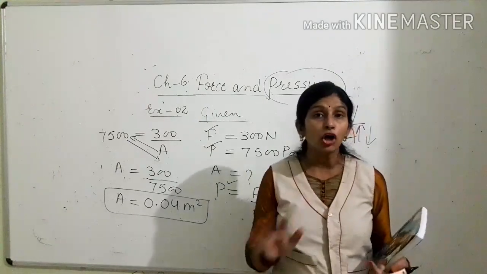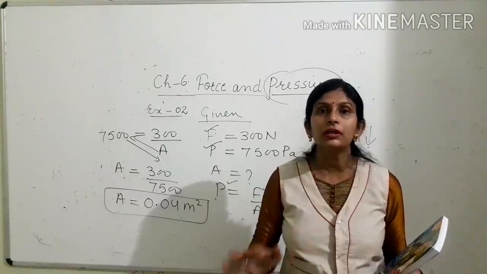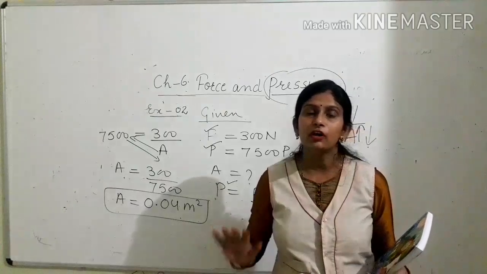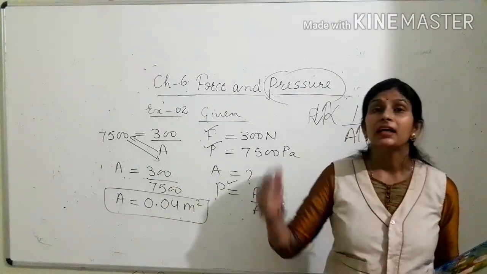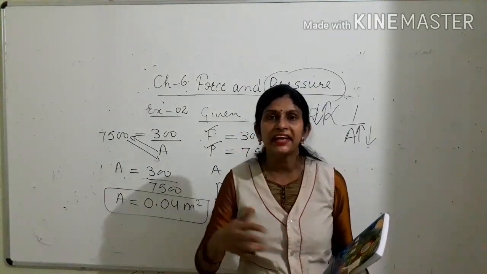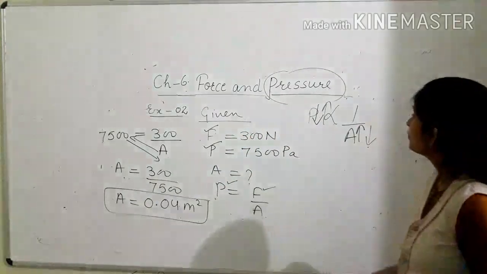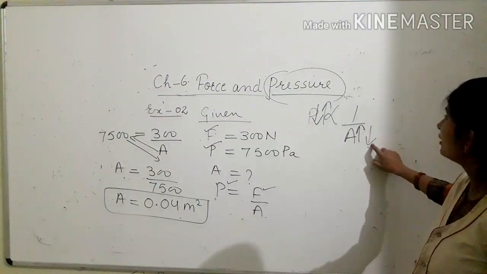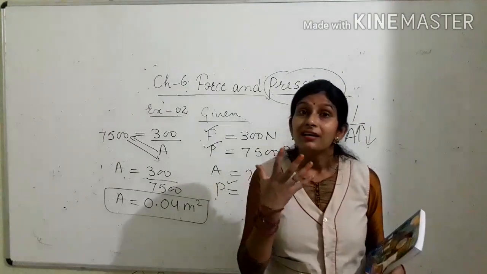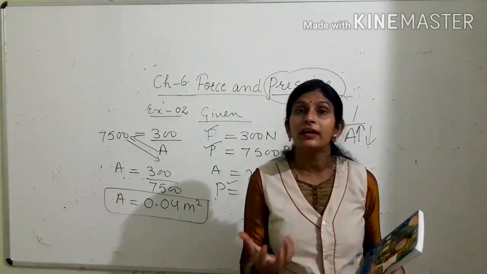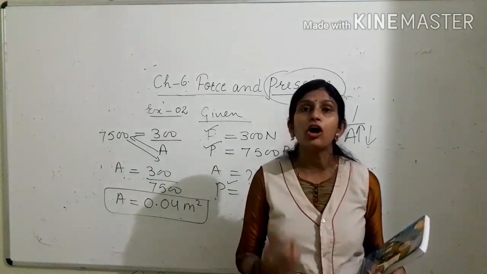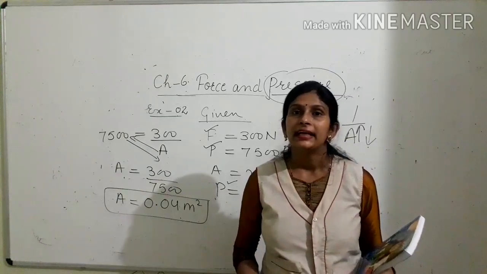So tires will not be damaged, will not be ruptured, will not burst, and so the roads will not be damaged. But if we make that truck with 4 tires, then the area will be reduced. So force is applied on less area, which increases pressure. So a high pressure is created on tires, which tires as well as the road cannot withstand, cannot tolerate, and they will be damaged.